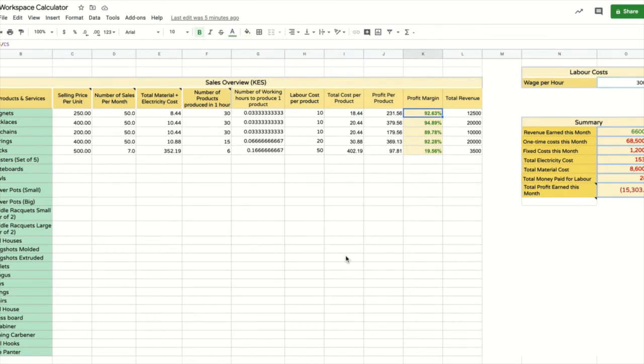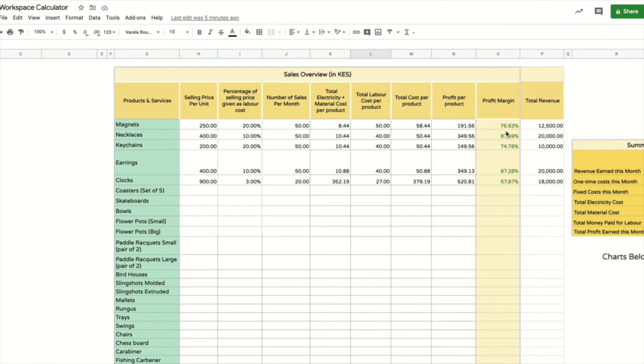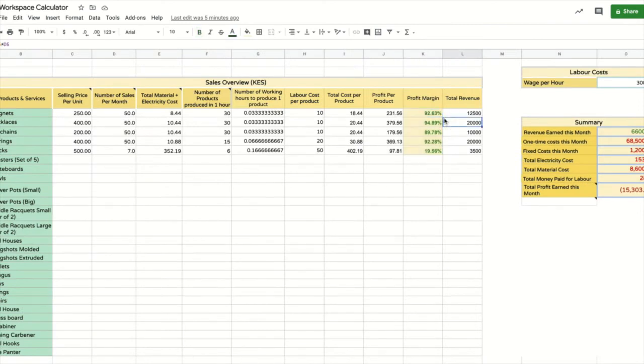Now, one thing you'll notice here is that we're actually making a higher profit margin using the per hour wage system rather than the per product. Here on magnets, for the per product we're earning a 76.6% profit margin, whereas here it's 92.63. So you would say that it actually makes more sense for us to switch to the wage per hour system,